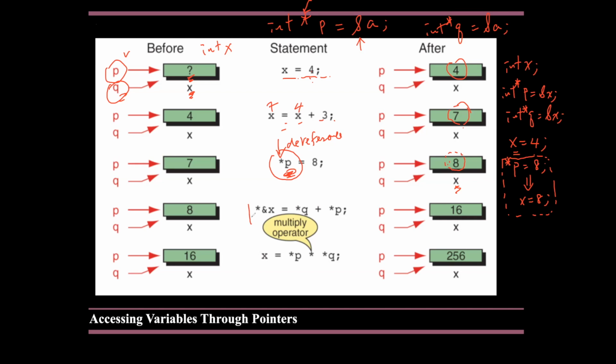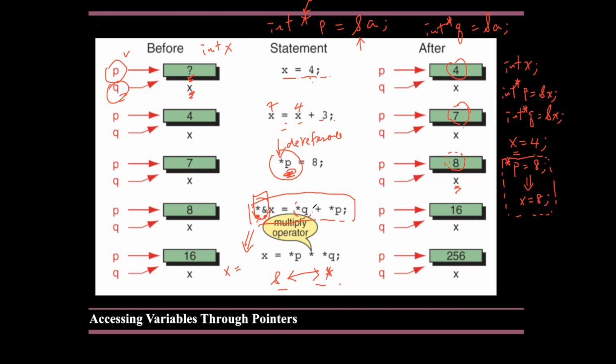Now, let's look at the next step. This next step is a little bit complex here. We have this asterisk and this ampersand now in front of a variable. Now you have to understand one of them is the address of x and the other one is the value of x. Both of these operators actually cancel each other's effect. You can think of ampersand as getting the address of this variable, and the other one is getting the value of it. So when you put both together, this inverse relationship actually cancels each other out. So what you really have here is x equals